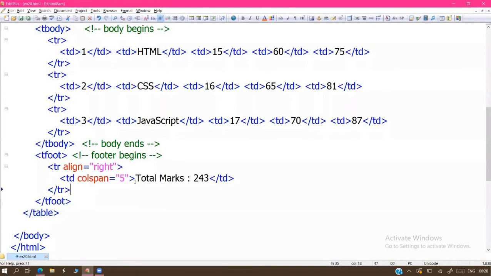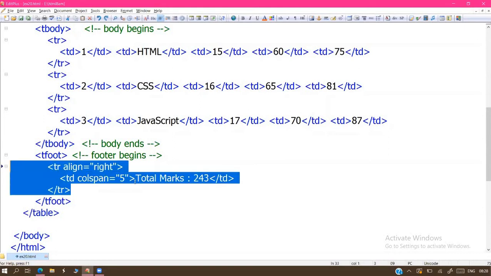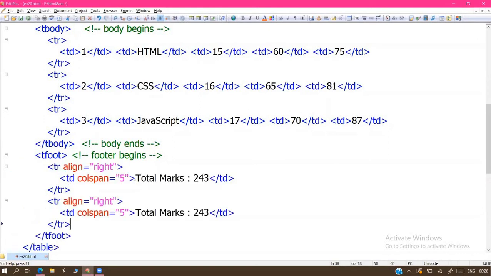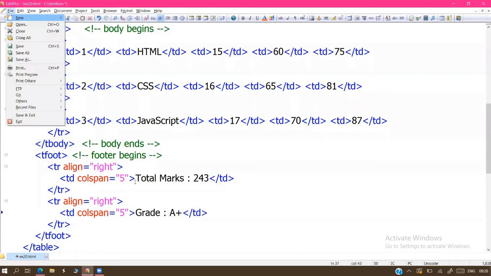Next, I need one more row. Why one more row, sir? Grade finding, grade display. Here also colspan is compulsory if required. So grade: A plus.